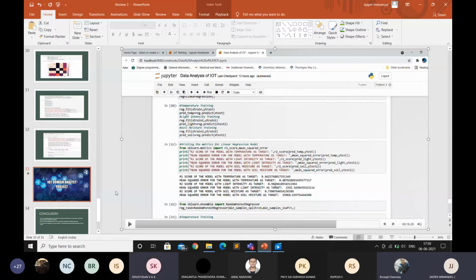Yes, we have given the soil moisture level and light intensity as the feature inputs, with temperature as the target. We have also used it vice versa, taking temperature as the input and soil moisture as the target, because we don't know which will have the better accuracy. Since the paper told us they were interrelated, we consider all 3 cases. From linear regression, we could see that considering light intensity as the target variable gives better accuracy. Our R2 scores are 98%.